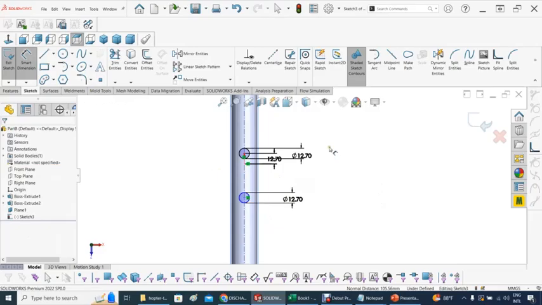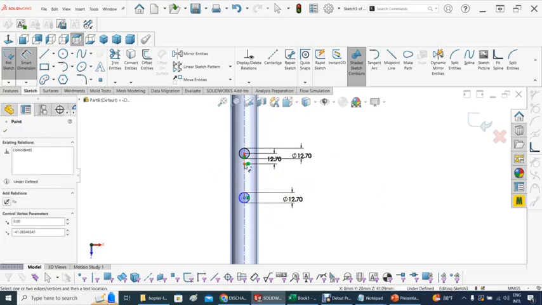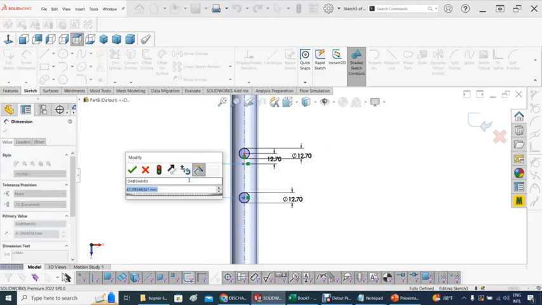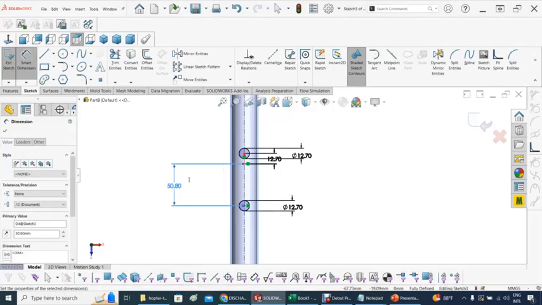So go back to Smart Dimension and pick from here to here, and that distance is the one that you want to be 2 diameters. So it's going to be 2 times 25.4, and that's perfect from the center. So actually, that should be the distance, I think. Let's see. No,